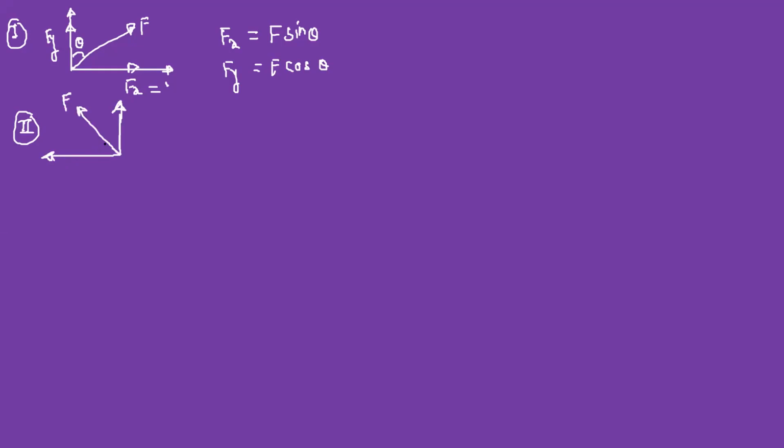Then take the force in the second quadrant. So this is F, this angle theta is with respect to y-axis. So this is your Fx. This is Fy. So Fx here is minus. But theta is given with respect to y-axis, so Fx will become opposite. So it is minus F sin theta, and Fy is equal to F cos theta, because the y component is adjacent to this angle. Then third quadrant.